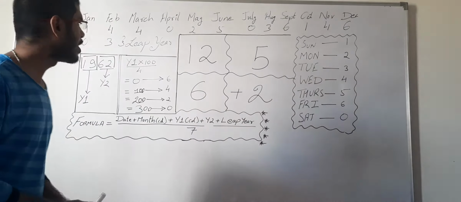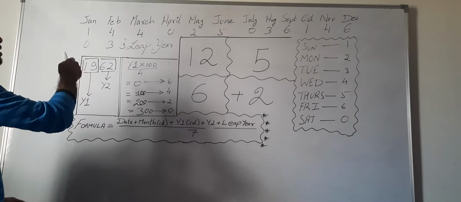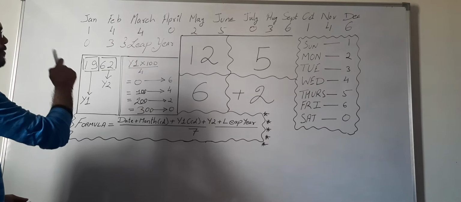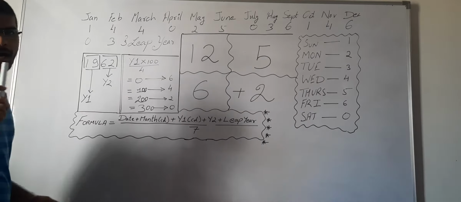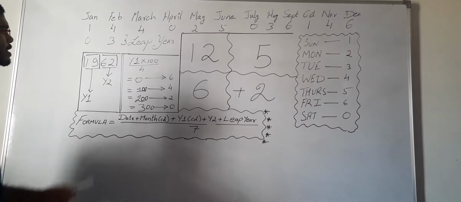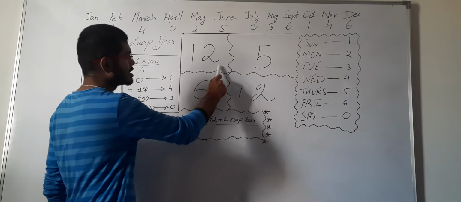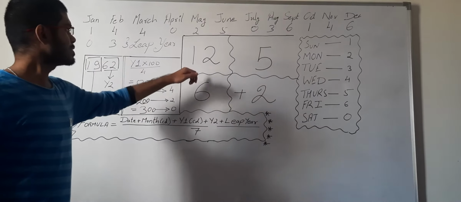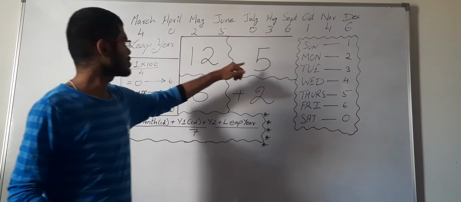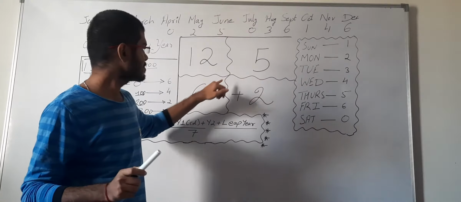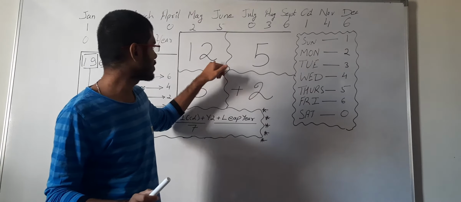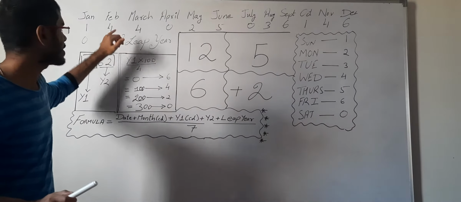for these calendar problems. Now here guys, we have 12 months in a year, and for all those 12 months we have particular codes. How to remember these codes is we need to focus on these four numbers, that is 12, 5, plus 2 and 6. Now when we square 12 we get 144, when we square 5 we get 25, squaring 6 gives us 36, and then plus 2 is for adding plus 2 with this 12 square.